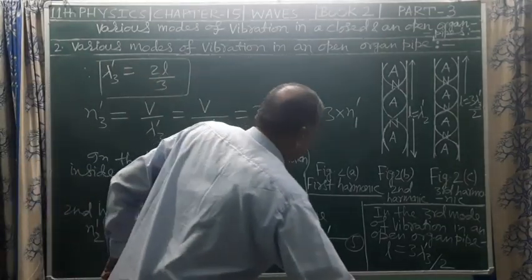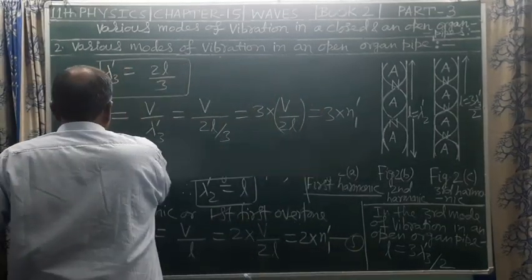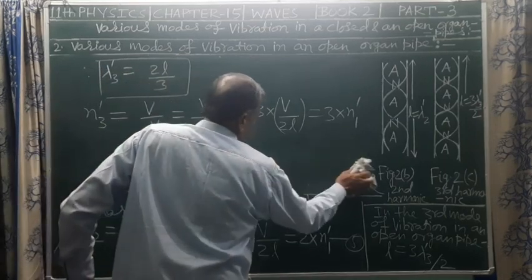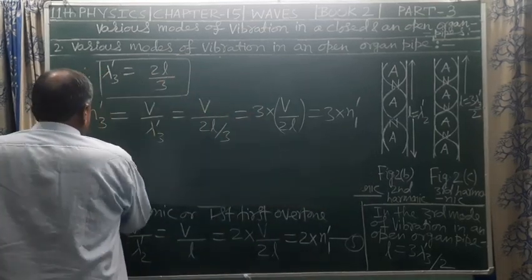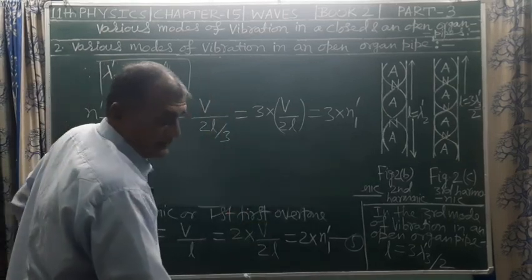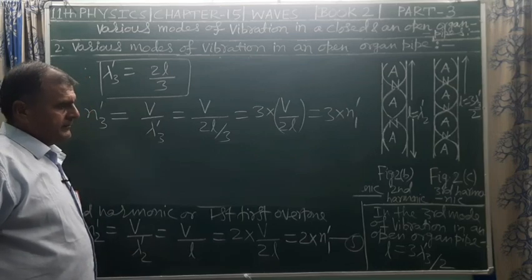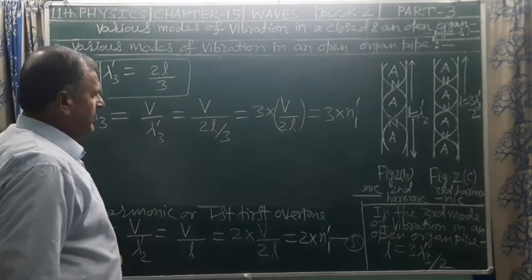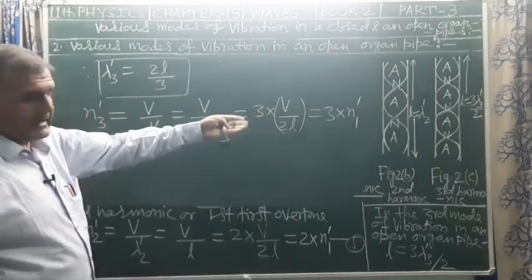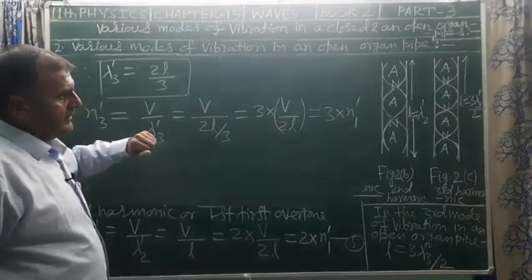So N3 dash is equal to 3 N1 dash, that is, third harmonic or second overtone inside an open organ pipe is 3 times the fundamental frequency, and it is clear that N3 dash is 3 times the fundamental frequency, and it